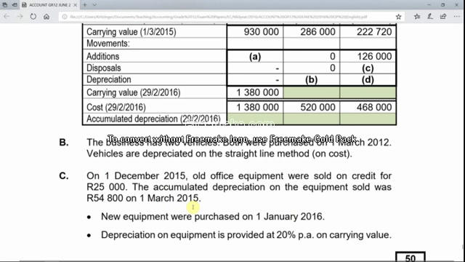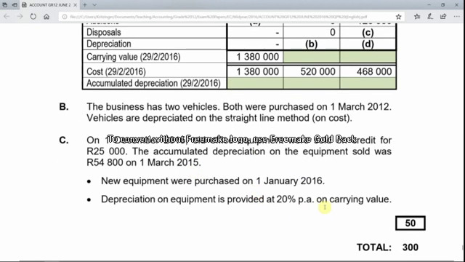It's the whole of March, April, May, June, July, August, September, October, and November. So it's 9 months that we have to write down depreciation, and we need to determine it on the carrying value. Carrying value we know is the cost of 93,000 that we just calculated